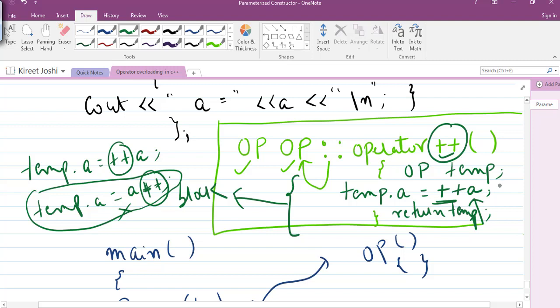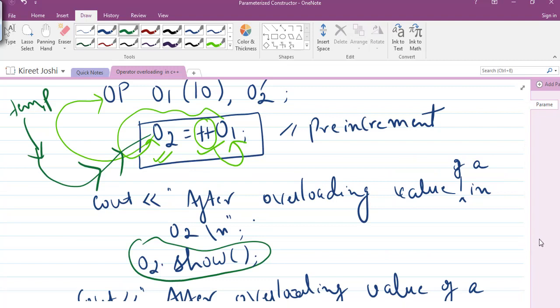If you write a plus plus, then the meaning will be changed. Then it will try to give the value of a in some other way. It will process the operation, but it will not be the case that we are focusing on. So try to avoid this type of illogical error. Don't try to do practicals like this, because then you will be in a state of confusion. It is illogical that inside plus plus, we are trying to overload a pre-increment operator and you are trying to write the logic of post-increment. So it is not a good thing.